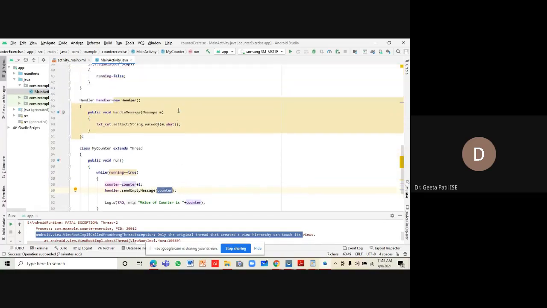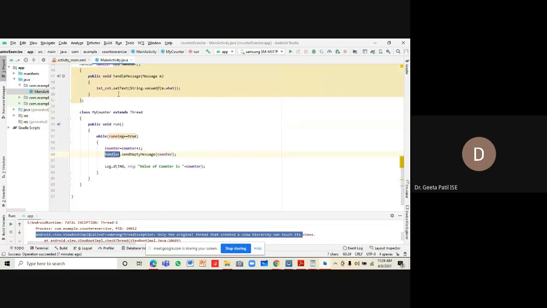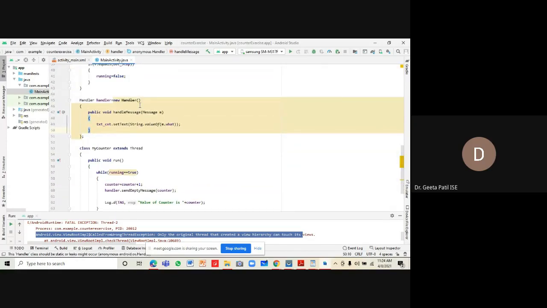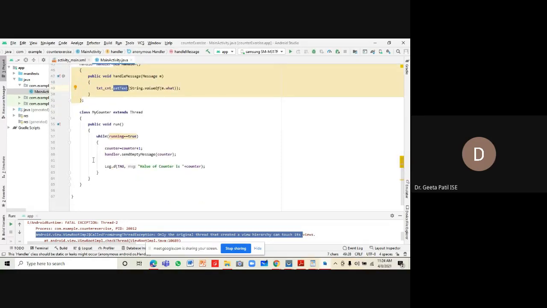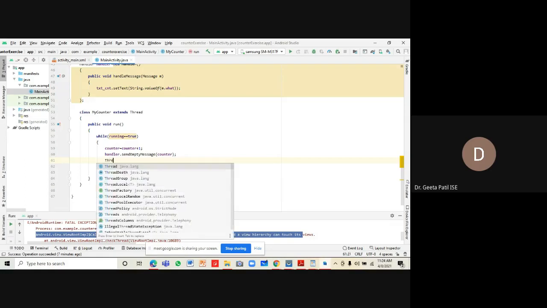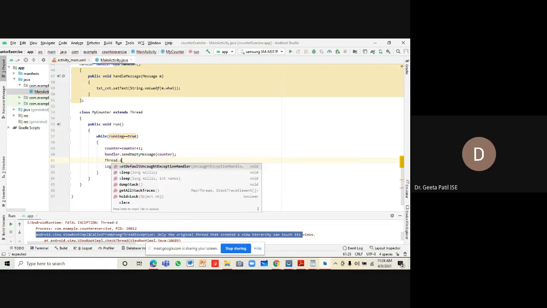Of the handler, and this message queue is checked periodically by the main thread. So the main thread is going to check the content of the message queue, and it is going to set the text of the label. And after doing it, we want to display this count periodically, so we'll just use the thread dot sleep method.